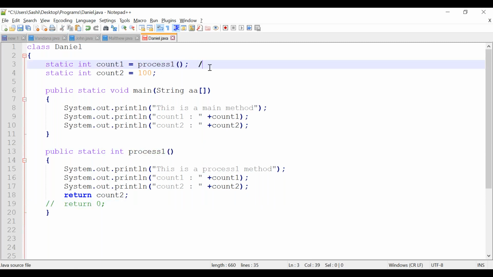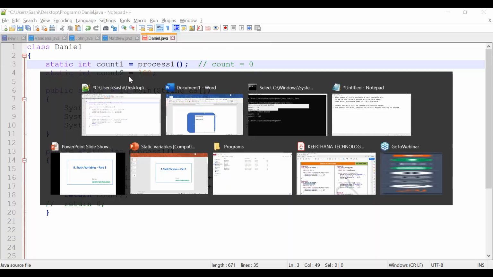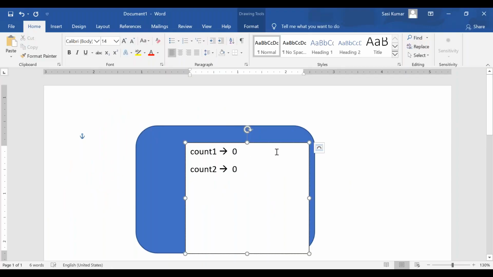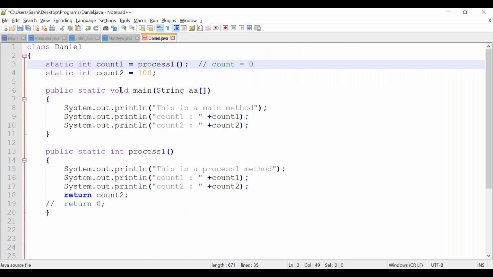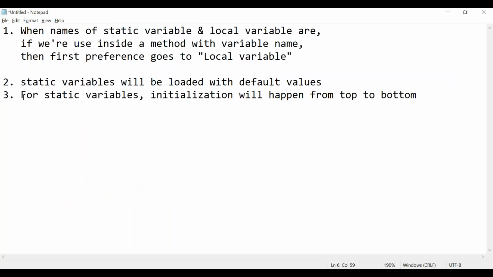So indirectly you are returning 0, correct? 0 will be stored with count 1. Even though it is loaded, again 0 you are initializing. So count 1 reinitialization is done. First variable reinitialization is done.